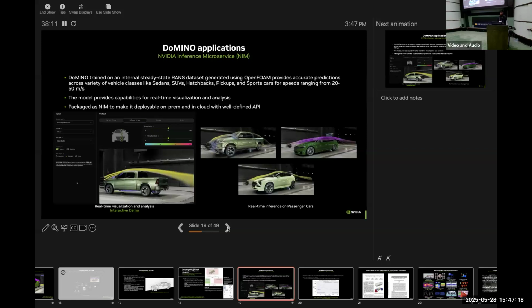We did this across a variety of passenger vehicles such as SUVs, hatchbacks, pickups, and sports cars, across a variety of speeds from 20 meters per second to 50 meters per second, which roughly translates to 50 miles per hour to 110 miles per hour, the typical operating regime for cars.